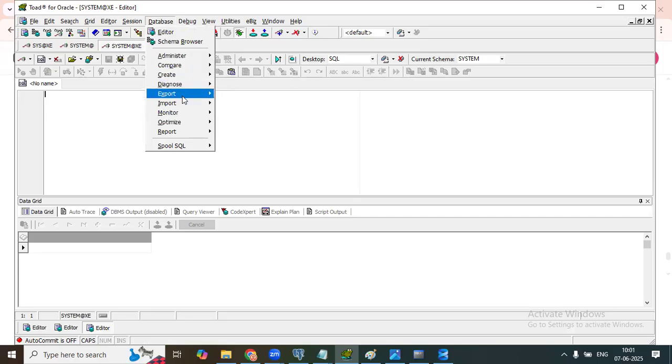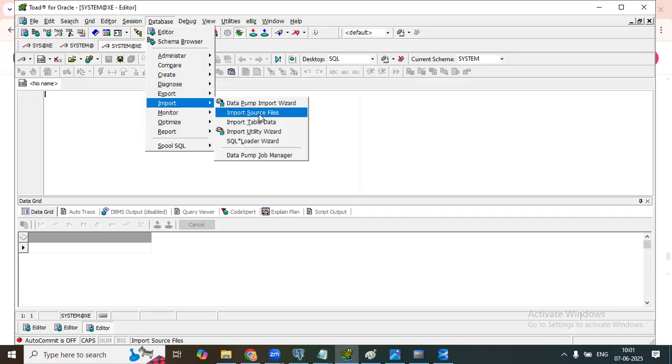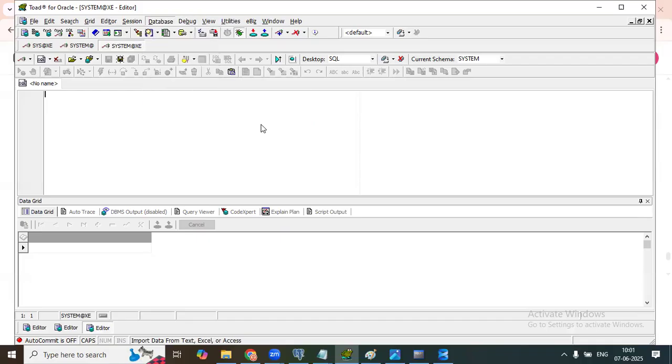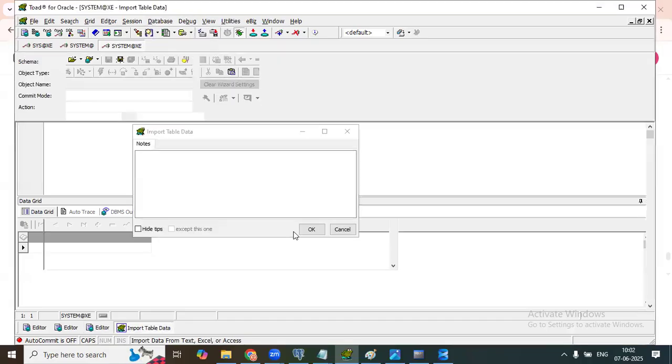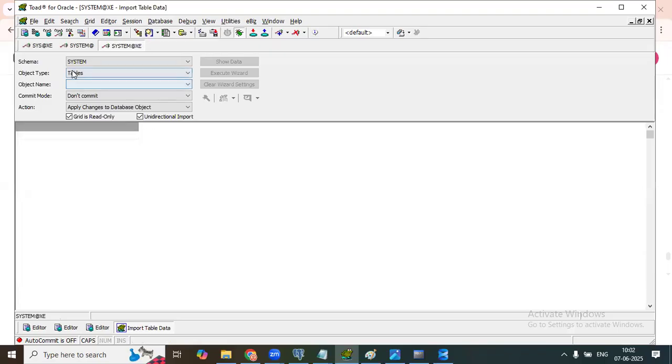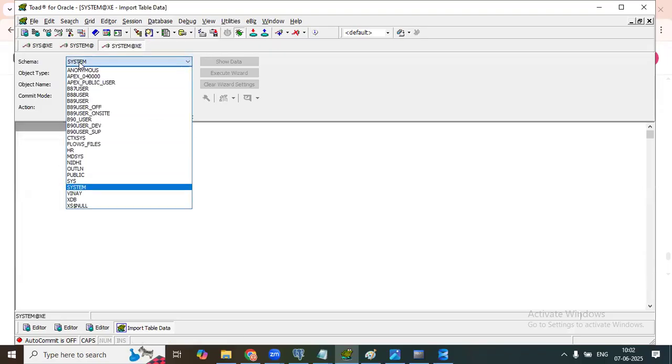Database, click on import. Import to source files, import table data. You are importing data to a table, then say okay. Then which user? Our user is ADE user.